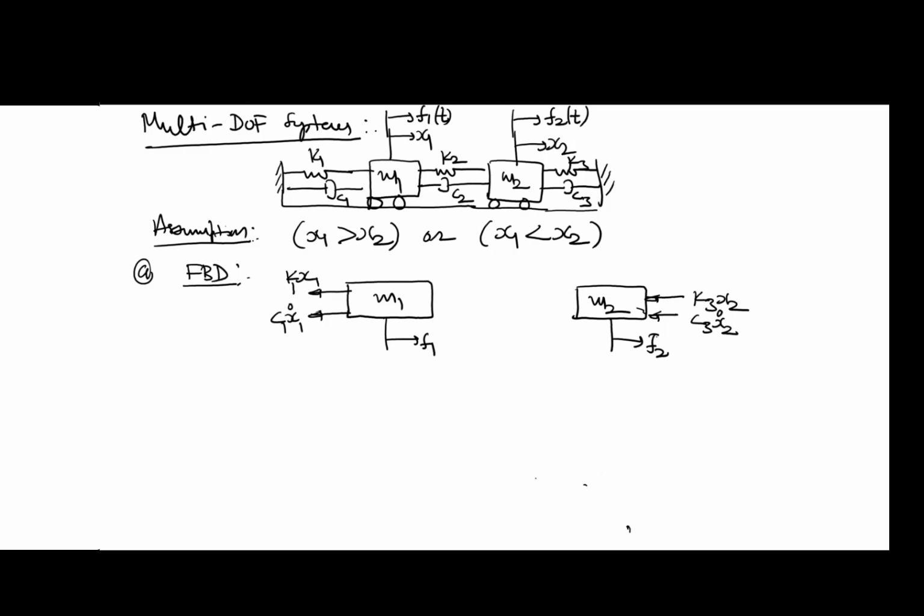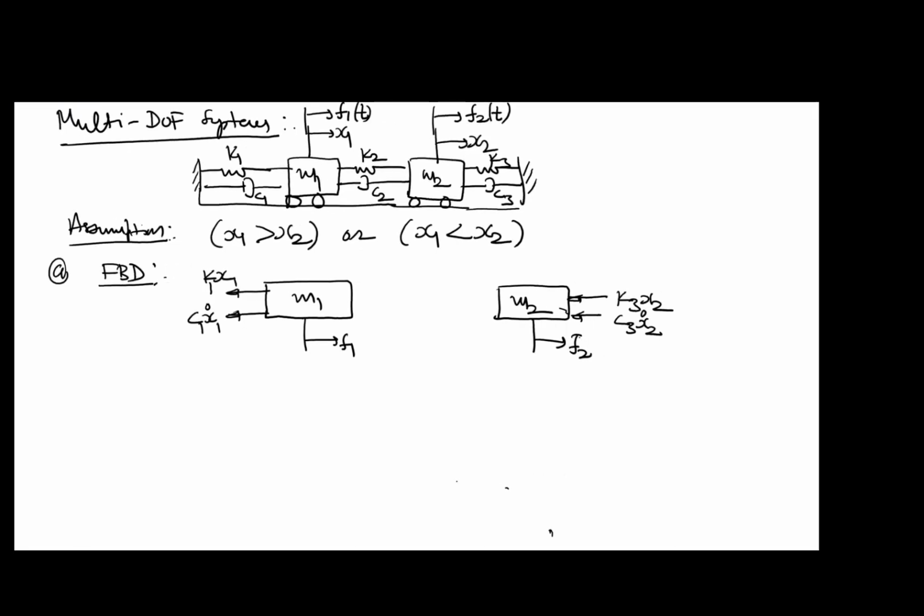Now comes the tricky one, the spring K2. The spring K2 is a coupled spring because both of its free ends are connected to two movable objects. Whereas in the case of spring K1, one end is fixed and one end is attached to the body. Same is true with spring K3, where one end is attached to body M2 and the other end is fixed. Whereas in the case of spring K2, both the ends are attached to two movable bodies, M1 and M2. That's why, in order to detect its state, we have to make an assumption.